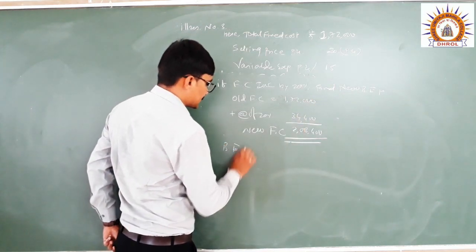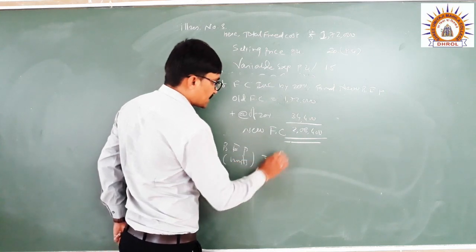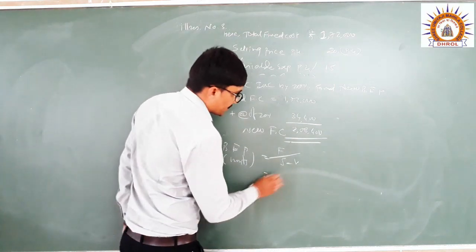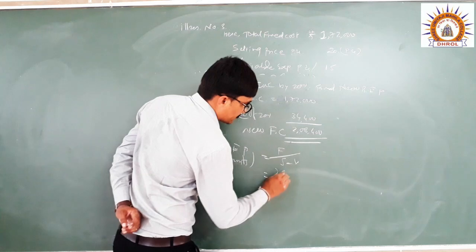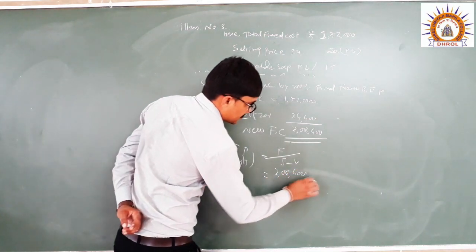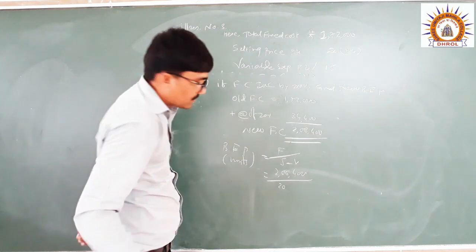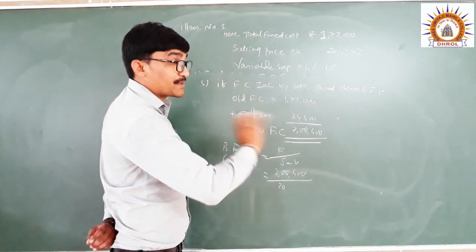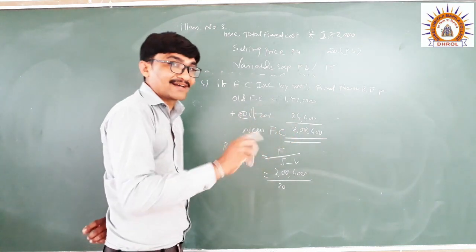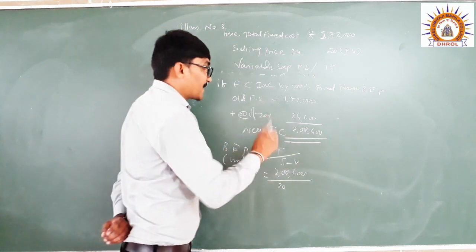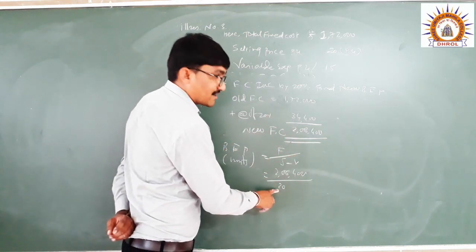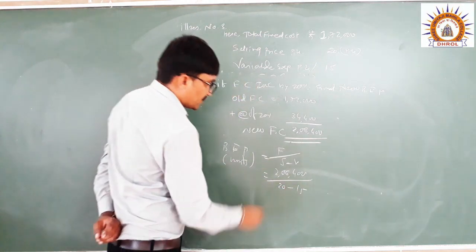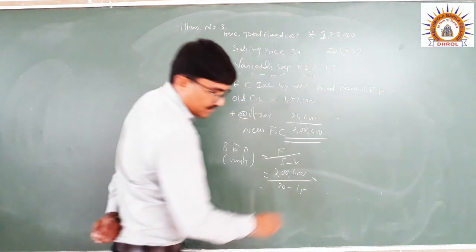Then the simple formula is BEP in terms of units is F upon S minus V. Then the new F is 2,06,400 divided by 20. Here you should consider the 20, because there is no specification regarding any increase or decrease in the selling price per unit. So here you should take the same selling price per unit. So 20 minus 15, right? Then the answer is